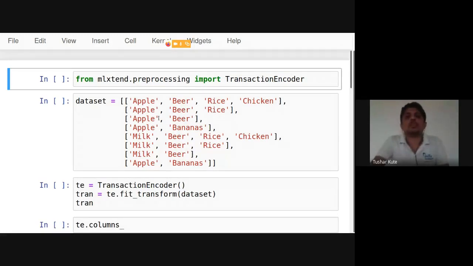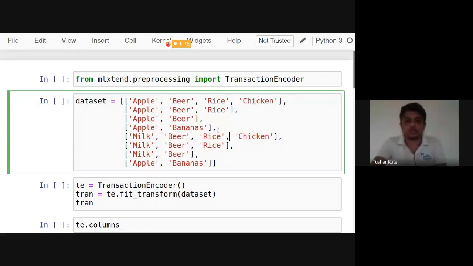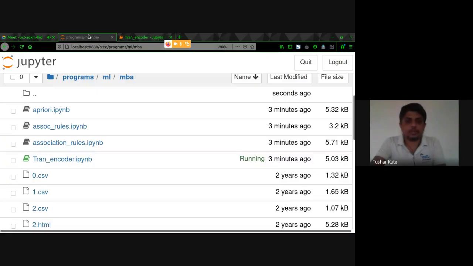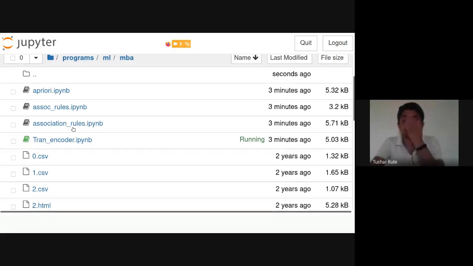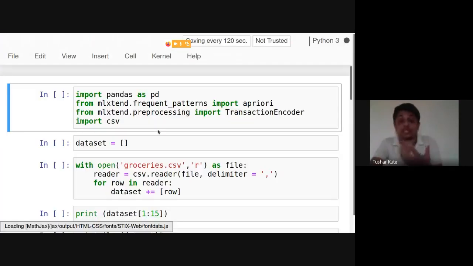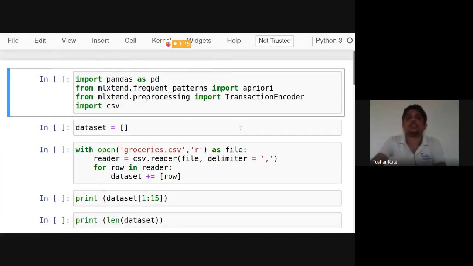Okay, now first of all, I'll just show you how data is used there. So, how actual association rules are created and generated. For example, the groceries data set which I showed, that I want to use. I want to import it, but the data in that groceries file is unstructured. There is no structure present in it. That kind of file can't be read by your program.